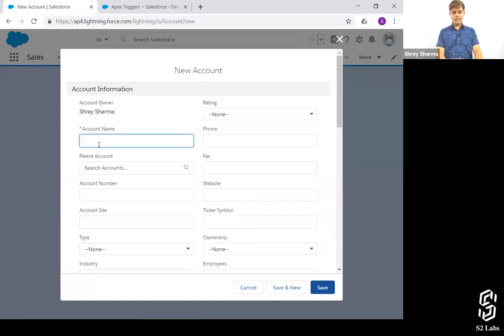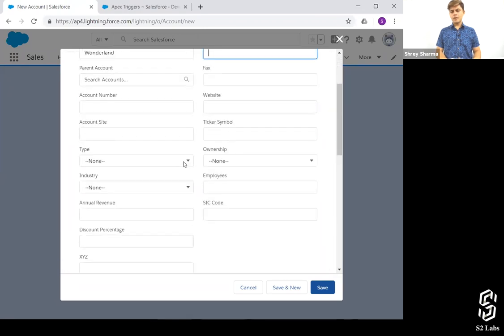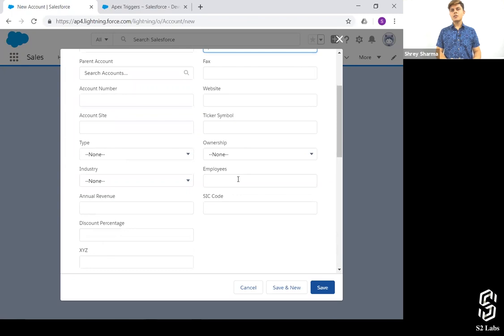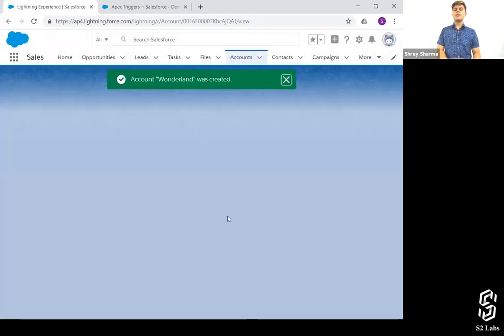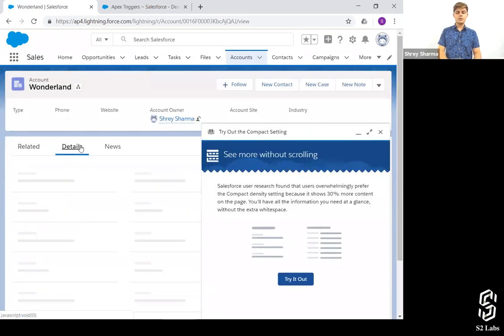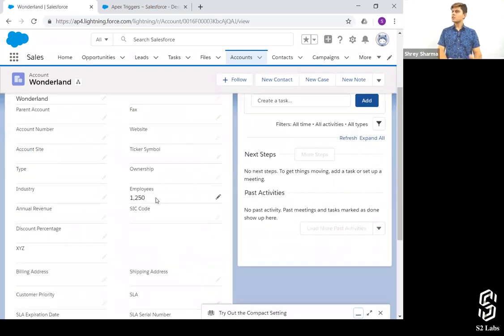The account's name is, let's say, Wonderland, right? And the number of employees is what? Employees 0, null. I'm gonna save this. After saving this, let's have a look. What is the value of number of employees on this Wonderland? 1250. So it got executed. No problem with this.